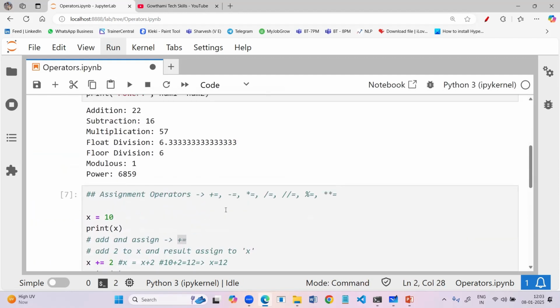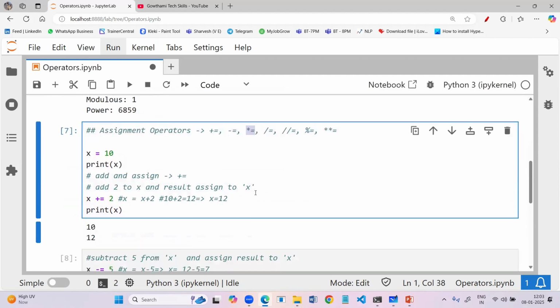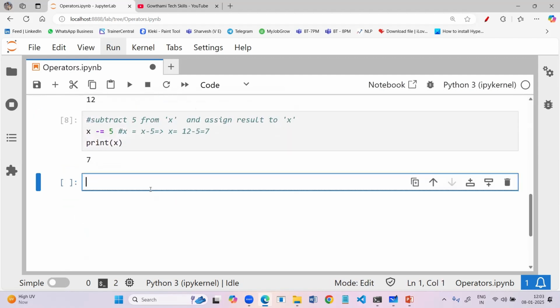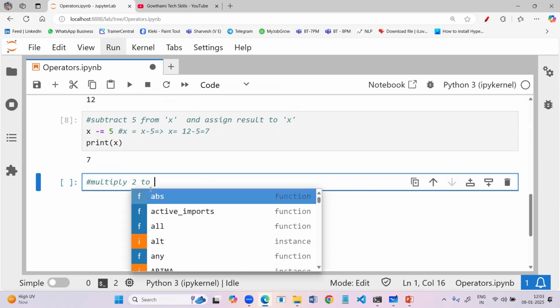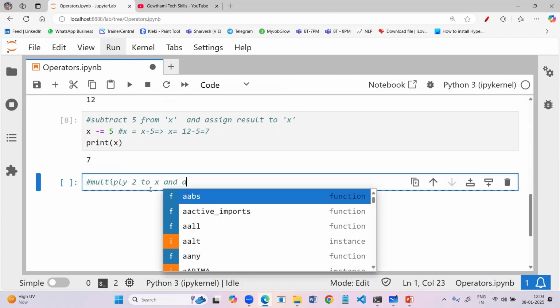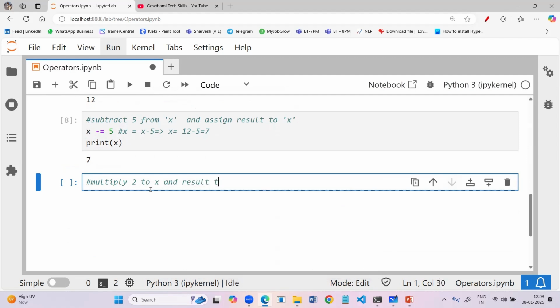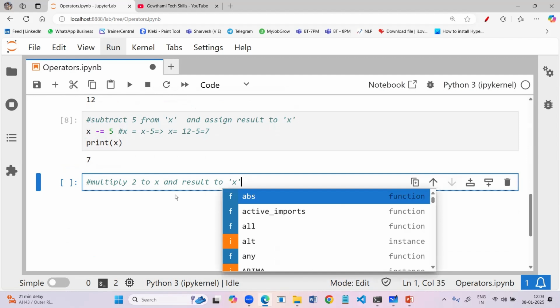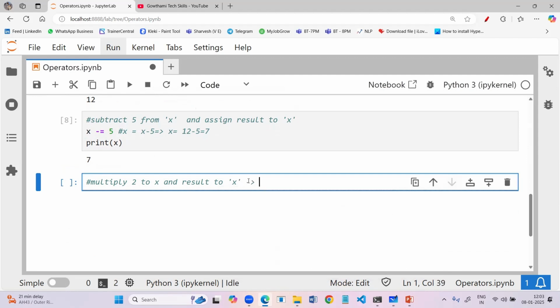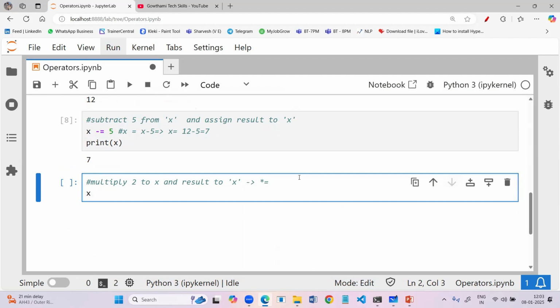Like that, we are going to make use of these symbols. Now I want to multiply x by 2 and assign the result to the x variable. Then what can I use here? You can make use of multiply and assign. So let's try it: x star equal to 2.